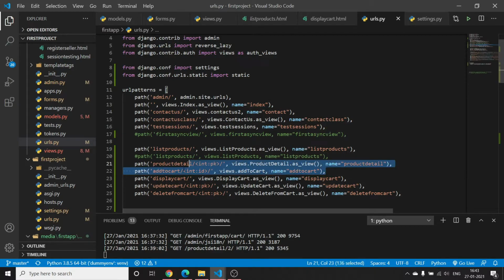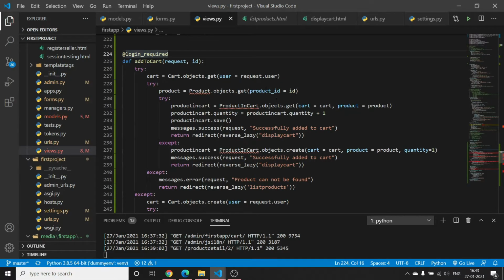So similarly we have added this here. So now what we will do is, we will uniquely identify that product. So first we will find out whether the cart for that login user exists or not, because once the cart is created for a person or a customer, there is no need to create a separate record, because what we have done is, we have made a one-to-one field from the cart model, as I show you here.